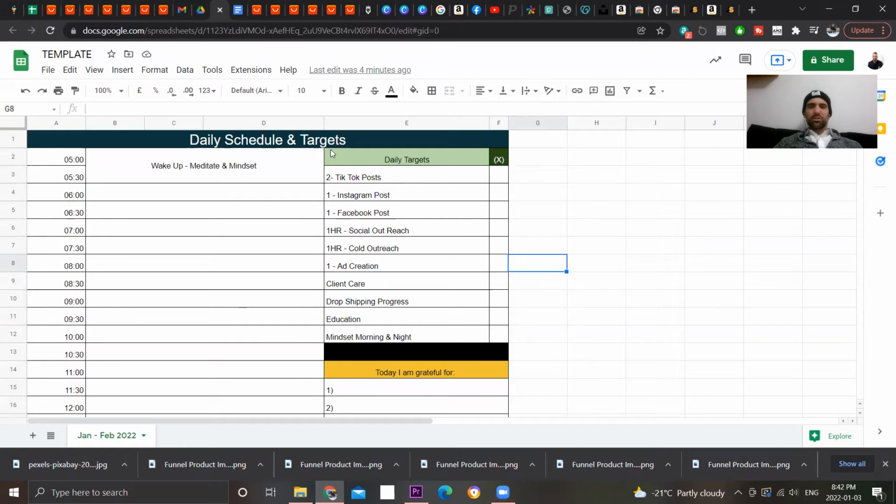So daily schedule and targets. So daily targets. And these is what I fixate for myself. So the reason I left them up here is to kind of give you an idea. So 2 TikTok posts, 1 Instagram post, 1 Facebook post, 1 hour social reach out, 1 hour cold outreach, 1 hour ad creation. So, I talk a lot about fitness and doing workouts on this channel, but in reality,